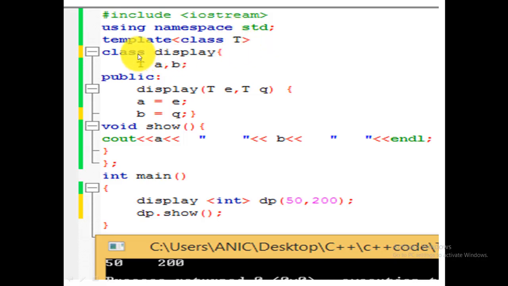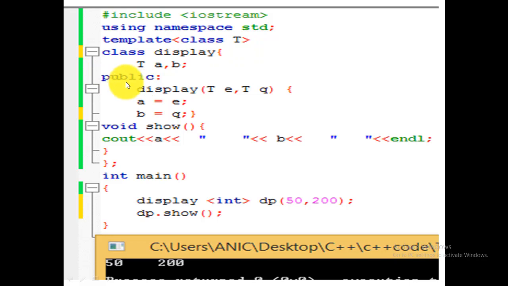And after that the class, that is a reserved word, and display, which is the name of the class. So here we are creating a class, and in the class we are creating two variables. That variable type is T, the type that we will pass to the template. Usually in the previous examples we define the data type as int or bool or char, whatever data type we want to declare. But now in this example, this is a template example, so the data type of the variable would be the same as T, the data type which we will pass to the template, right?